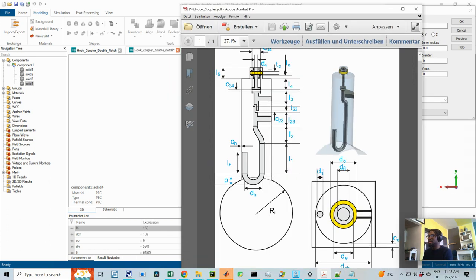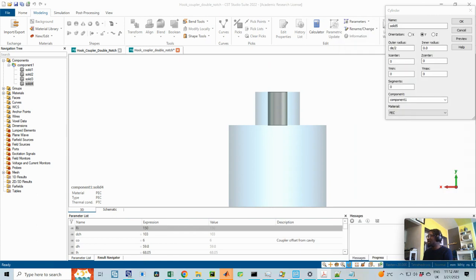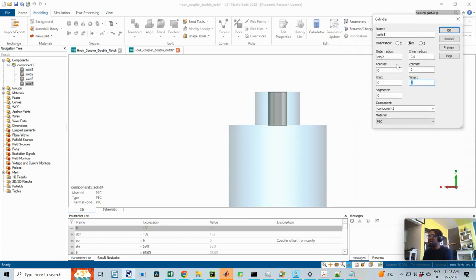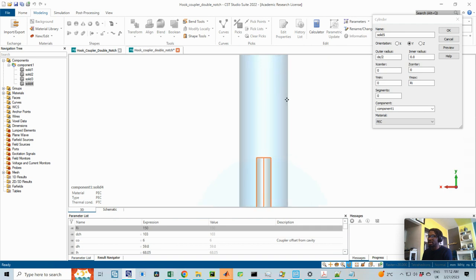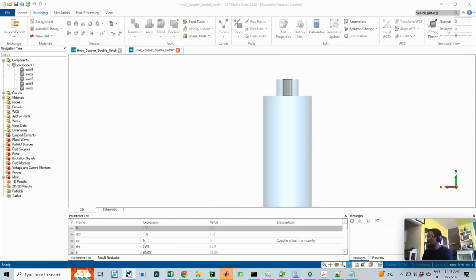And yes, now I lost the y's that I copied initially. I'm not going to type them again, so I'm just going to put ri as a placeholder. I'll come back to change this. So if I preview, you see that it's not right, but I don't want to have to type the dimension all over again. So I'm just going to click OK, and then go back to my previous solid